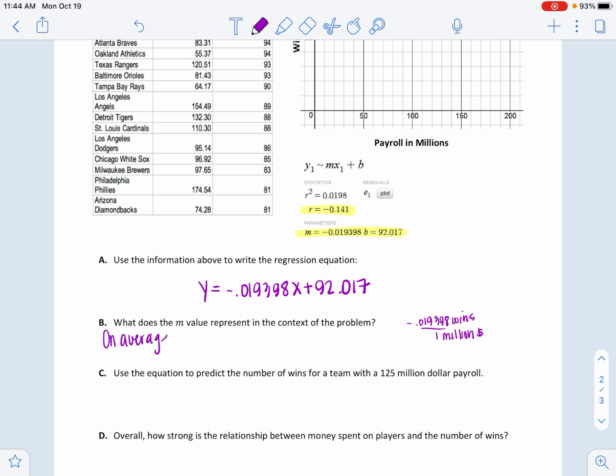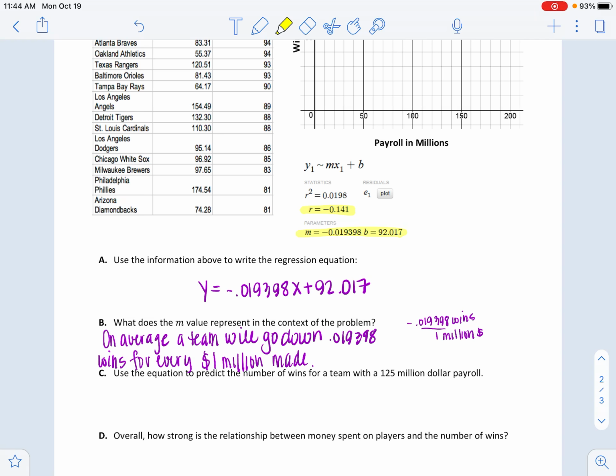On average, a team will go down 0.019398 wins for every $1 million made. Notice I'm not putting negative because the word down is implying that. Okay? Next, use the equation to predict the number of wins for a team with a $125 million